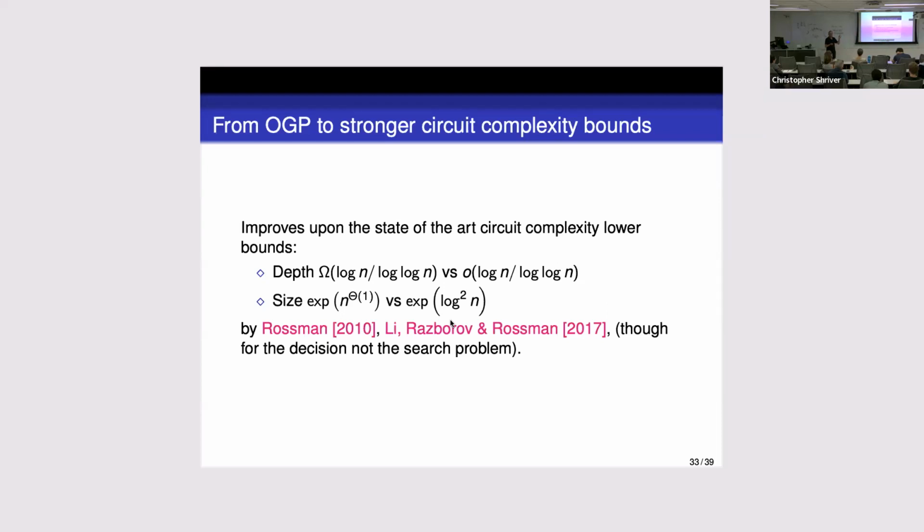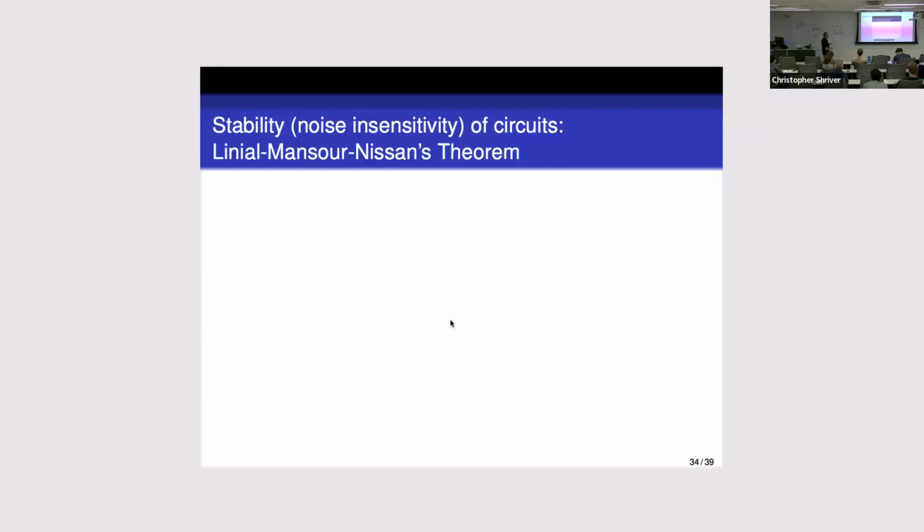And the roadmap to proving this would be doing this picture versus this picture, except it doesn't work directly. We have to do a little bit more work. So let me discuss it. I said the Linial-Mansour-Nisan theorem tells you that Boolean circuits can be approximated by low degree polynomials. But what does it mean? What does it mean they can be approximated by low degree polynomials? As it turns out, basically it says something like this.